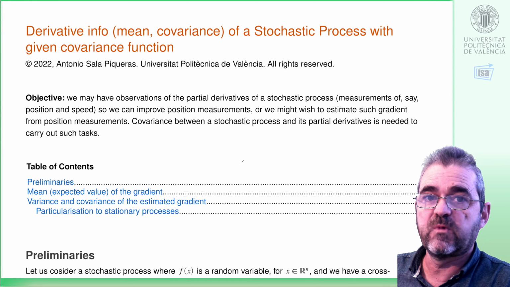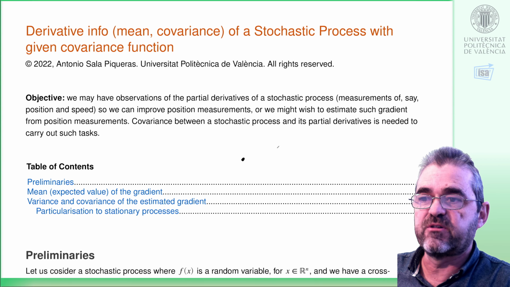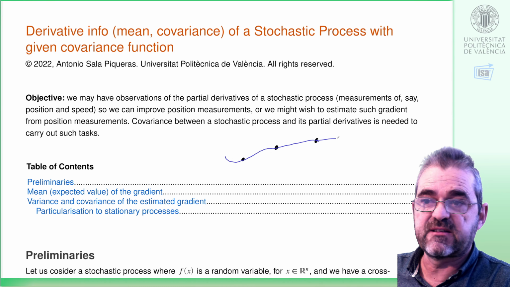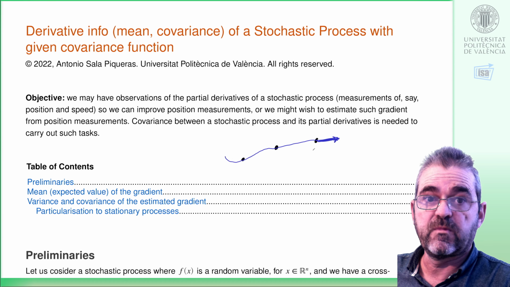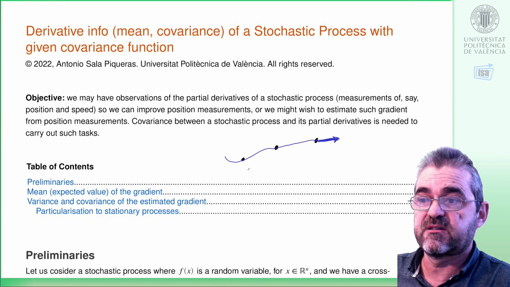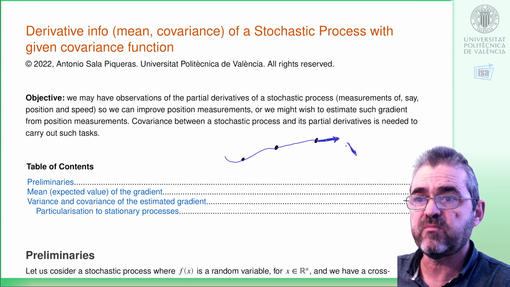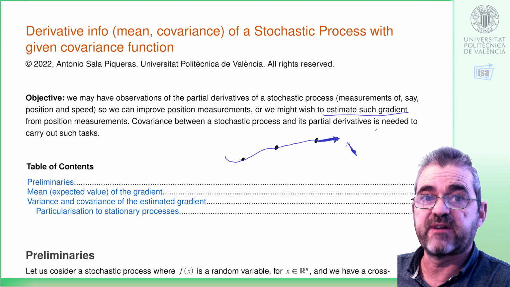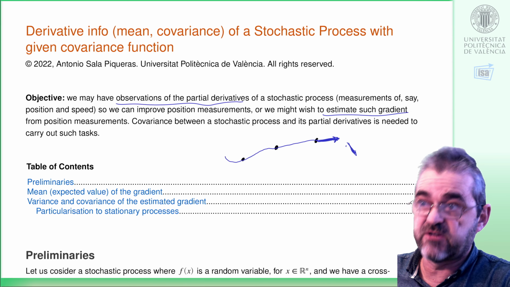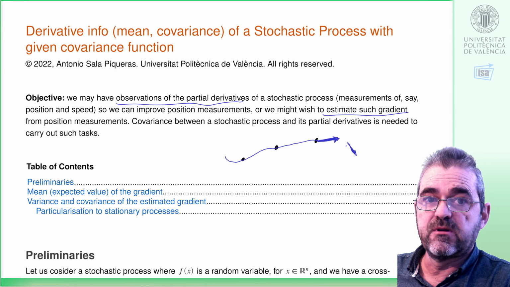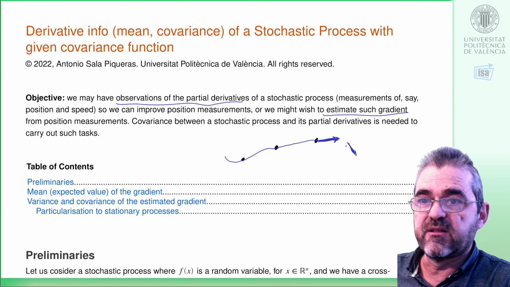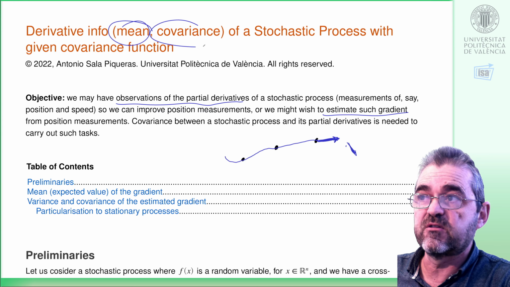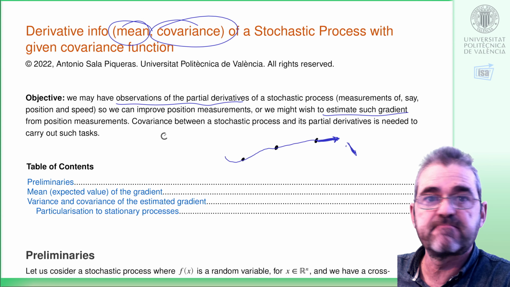Well, because we can imagine, say, measuring positions of a moving particle and wishing to estimate, let's say, its speed, or wishing to use speed measurements to improve the position estimate. So in a generic case, we may wish to estimate partial derivatives of a stochastic process, or we may have observation of those partial derivatives. So suitably combining this information in statistical formula requires computing mean and covariance of these partial derivatives, which is the